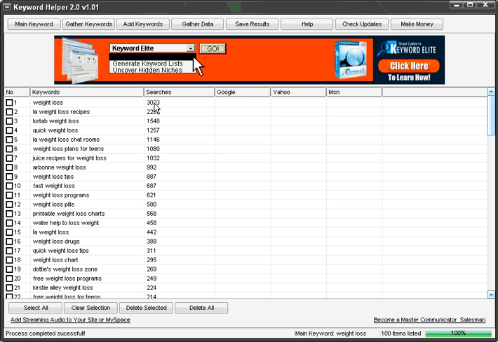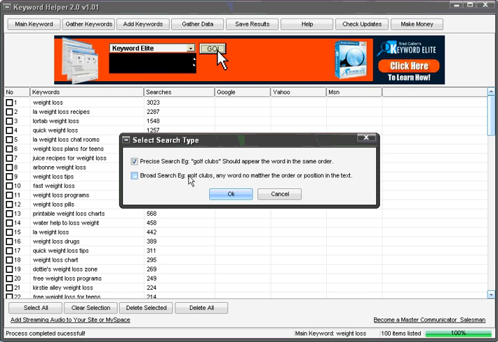So here we have weight loss. It's searched on average about 3,000 times per day between the three major search engines. But we're not done yet. We want to see how much competition each of these keywords has, and that's where the gather data button comes in. So I'm going to click that, and it's going to ask us if we want to do an exact